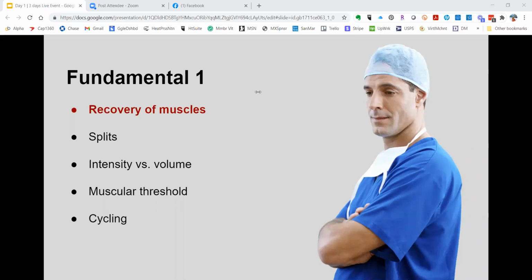And if you've noticed on this split, you're only working legs 1 time per week. And according to the science behind it, you should be hitting your legs every 48 to 96 hours. The reason I only put in legs 1 time in this example, and this goes with calves also, is because you would be doing cardiovascular exercise, which affects the legs greatly and affects the recovery. So I found that this type of split works really well for a 3-day. For 2 days and 4 days, it's the same principles, but it would look a little bit different.